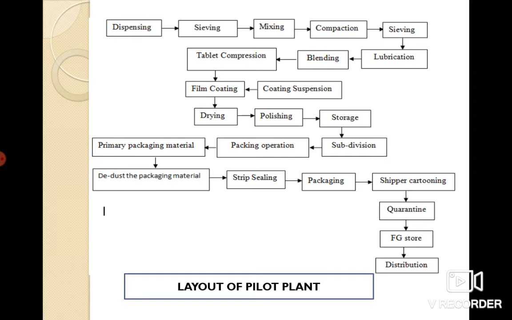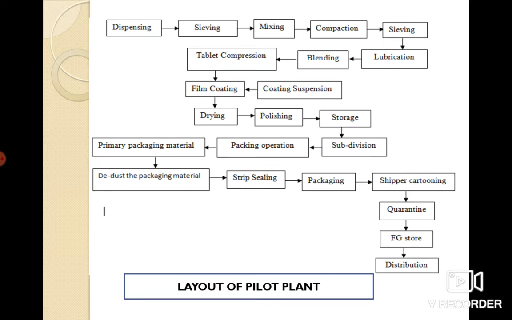Then there is an approved final products area after punching, and then the packaging section. After the packaging section, there is shipping of the solid dosage forms. So these are the really very important sections which help in the development of a pilot plant scale up of solid dosage forms.